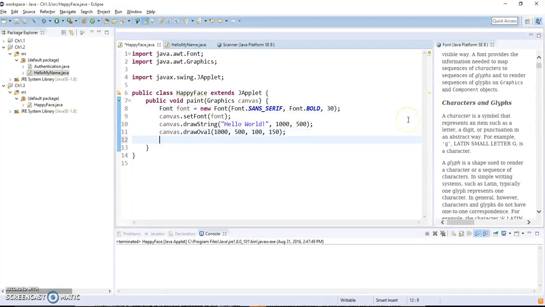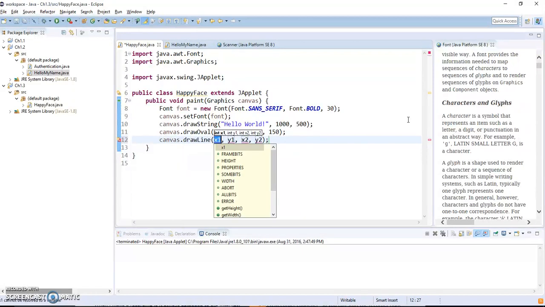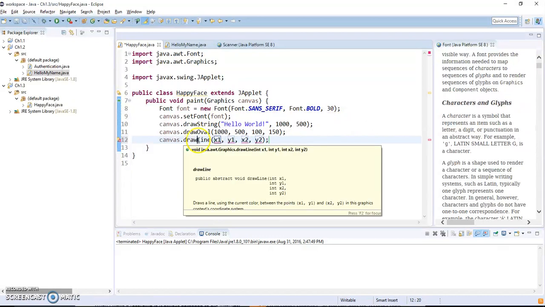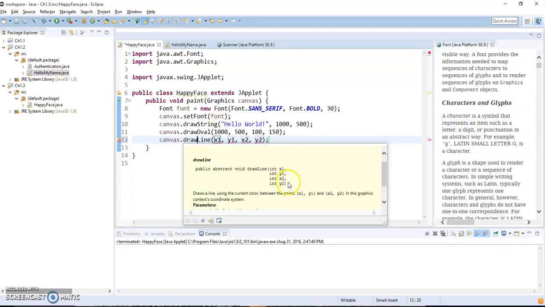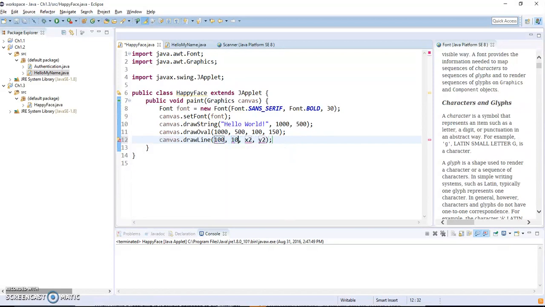Now let me just show you real quick how to draw the line, then you can do your tic-tac-toe as your exercises. You just do draw a line, same where you want to draw it. Like I said, you can always hover and read the Java doc to see what are x1, y1, x2, y2. But you pretty much know when you want to draw a line, you need 2 points, right? So x1, y1 is the starting point. Let's say if I want to draw a line from 100 and 100. So 100 is about here, right? So if I do a straight flat line, it's going to be y should be 102,